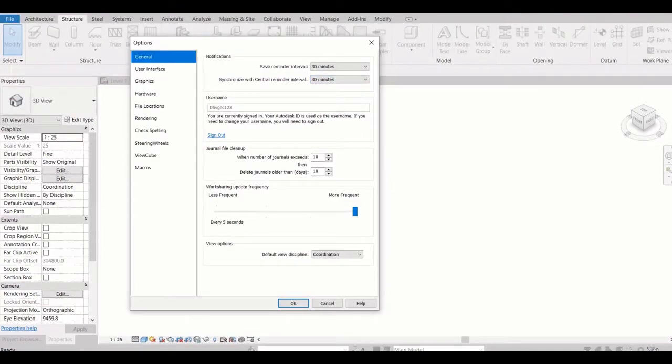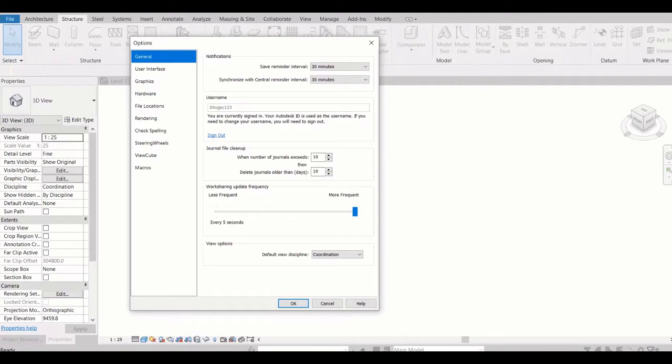And this is again for synchronize with central reminder. Okay, so if you are working on a central model, it will give you a warning so that you can save it and synchronize it with the central one. So this is your user ID.